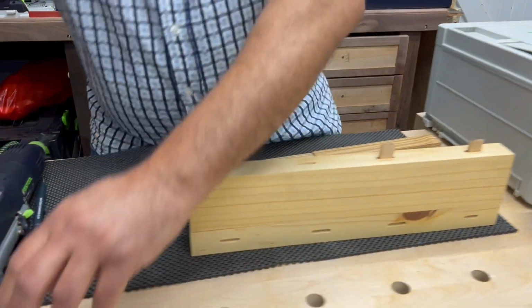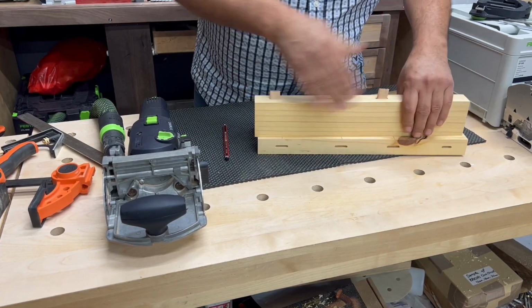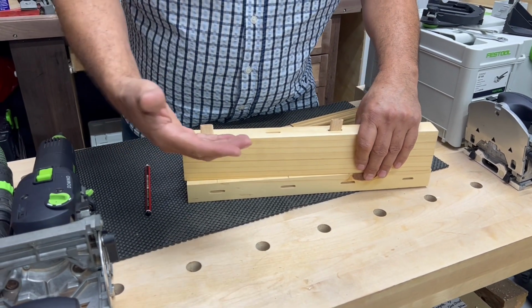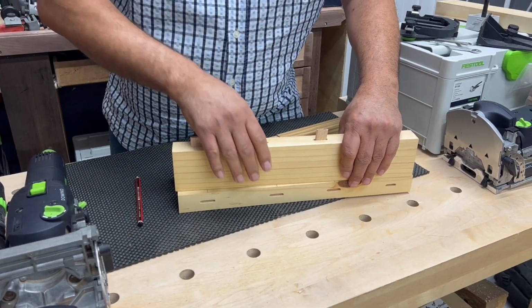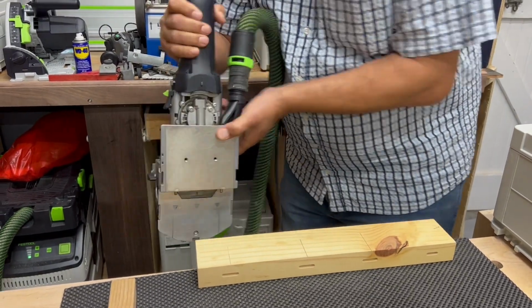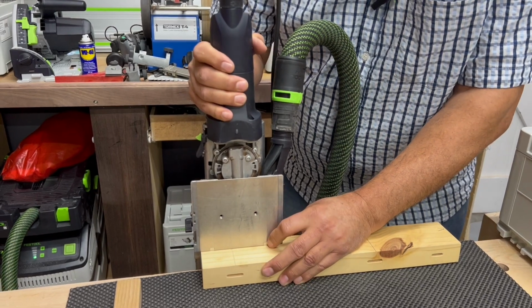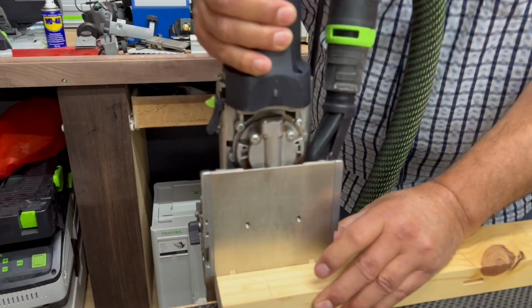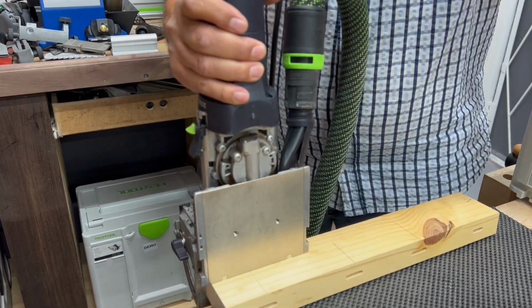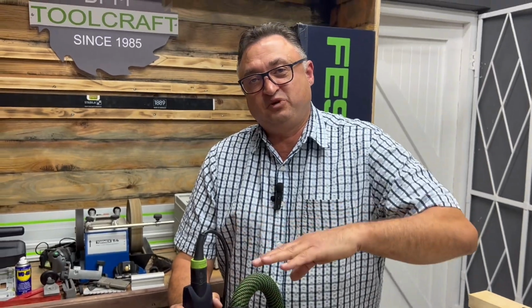Okay, so we're going to take this off. Again, we would make our pencil marks over here, but this is just basically showing you the attachment that we have to make sure that the machine doesn't move while you're actually plunging down. Normally when we actually have this cutting and we actually cut into the side over here, what you then have is just this little base that actually plunges down, but there's a chance of actually doing this. Okay, moving around. So the cut that you get into your piece of wood is not perfect. It's not absolutely straight. Therefore, the two pieces of wood won't join